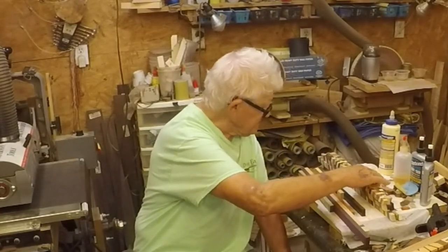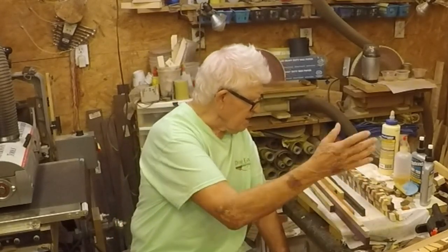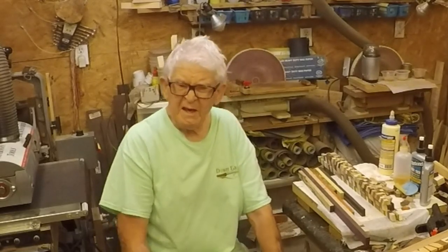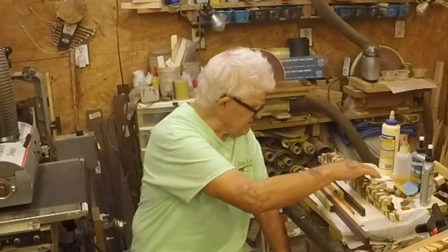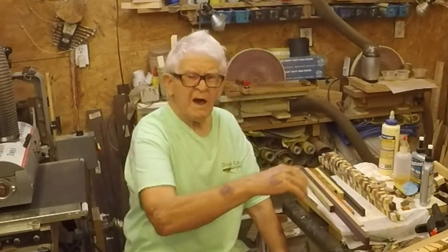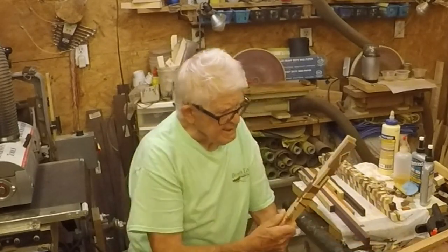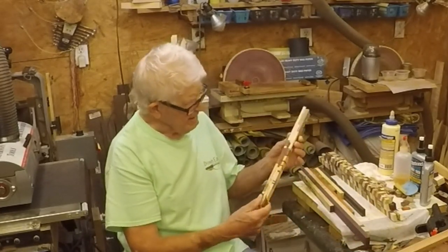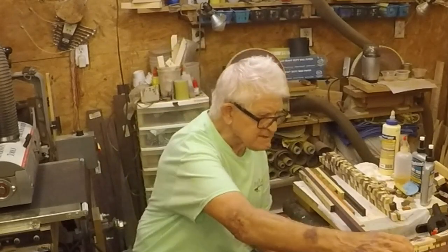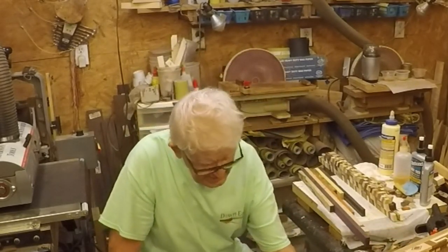Different size, different spacing, different neighbors on it. So, like I said, it took a little work, but I got them. Now, I don't do this a lot. I do it once in a very rare while. Like I said, last time I did it was with some old pattern pieces that came out. Made a really fantastic bowl. So, yeah, I'm going to cut 6 inches out of this